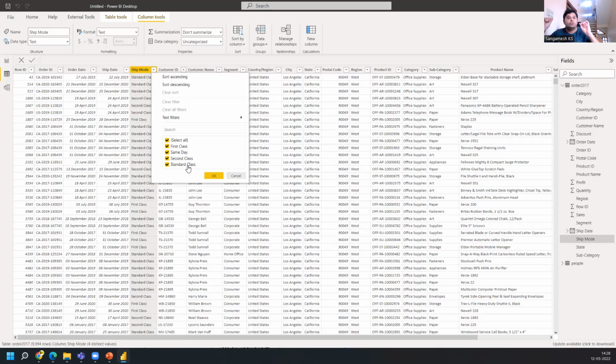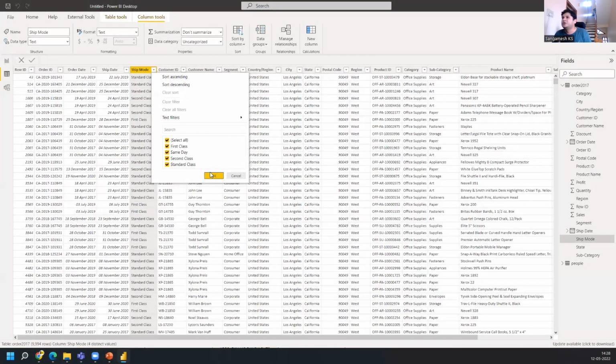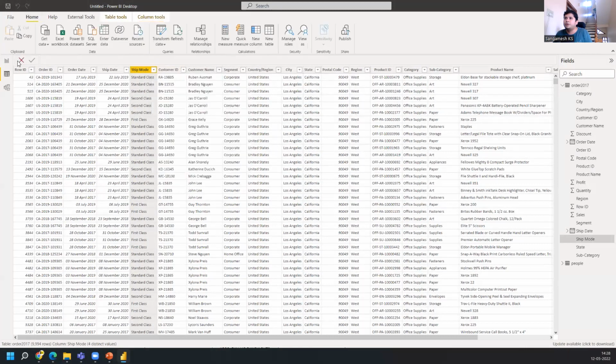So now I'm going to create a table. Please make sure creating the table is very much essential. I'm just going to take a small screenshot of it for reference. Then I'm going to go to Home. Here in Home, I have an option called Enter Data. So what I can actually do is